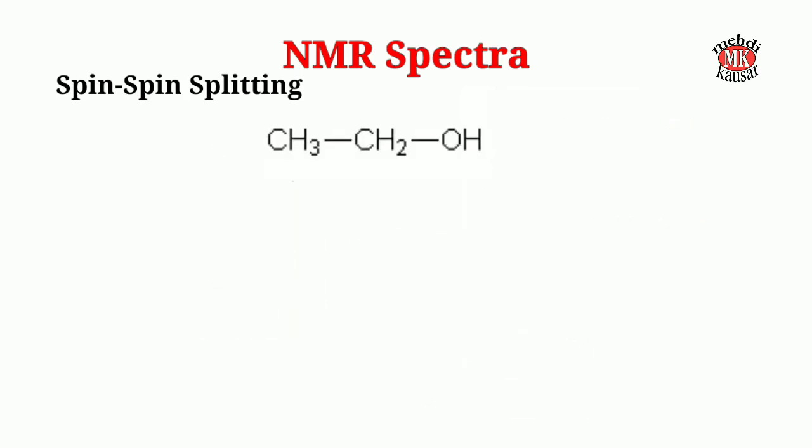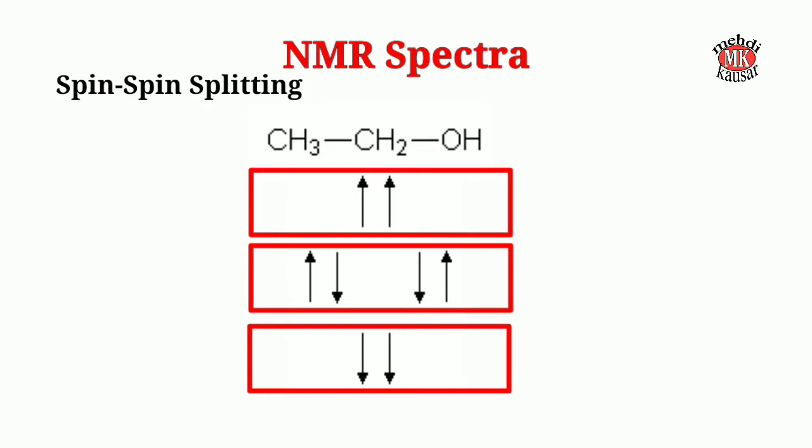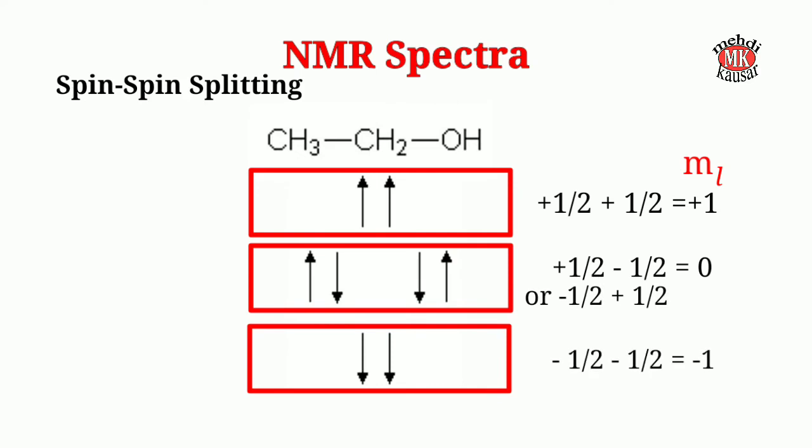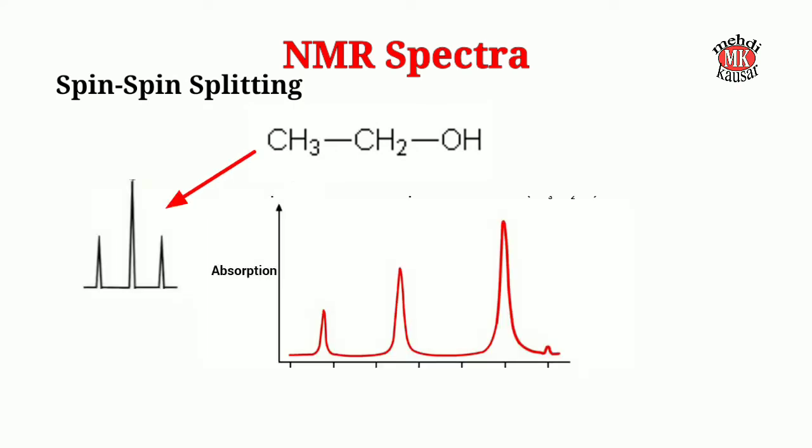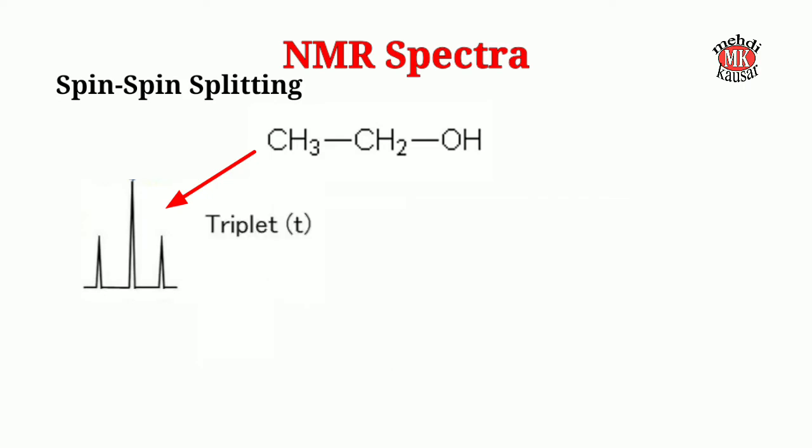For example, in ethanol, due to the presence of two methylene protons, the absorption peak due to the methyl proton splits into 3. With respect to a proton of the CH3 group, the two protons in the CH2 group, each with spin half, can couple in 3 different ways, and the corresponding ml values are +1, 0, −1, as shown here. The resonance absorption peak of the CH3 proton therefore splits into 3 lines having intensity ratio